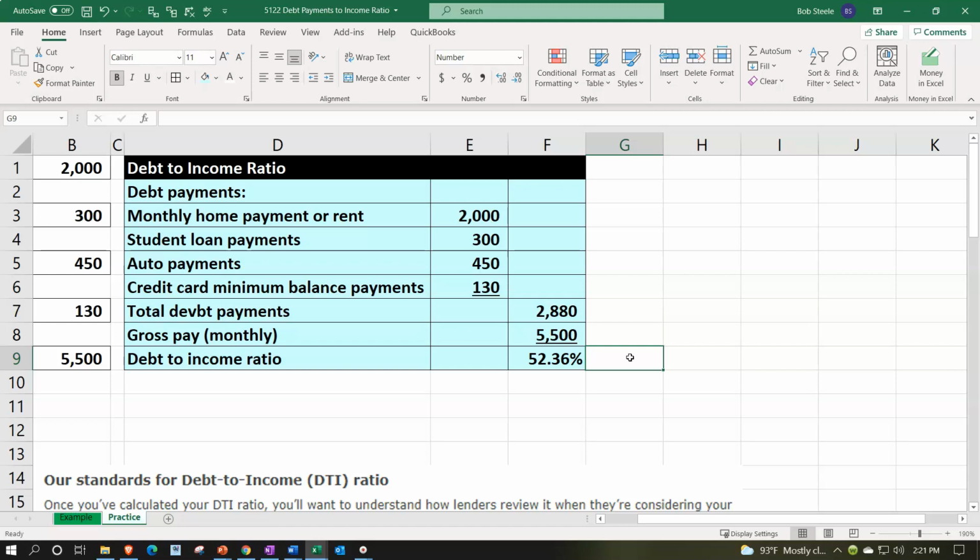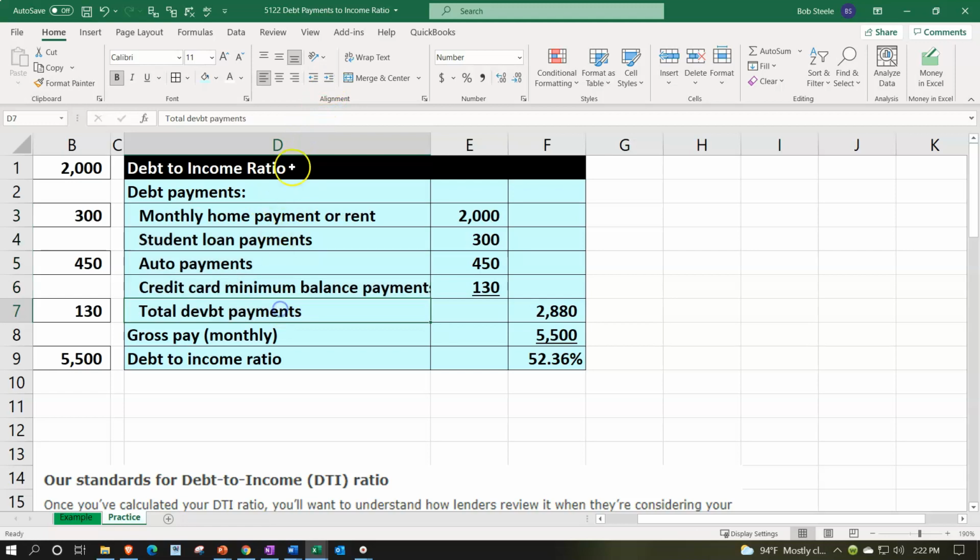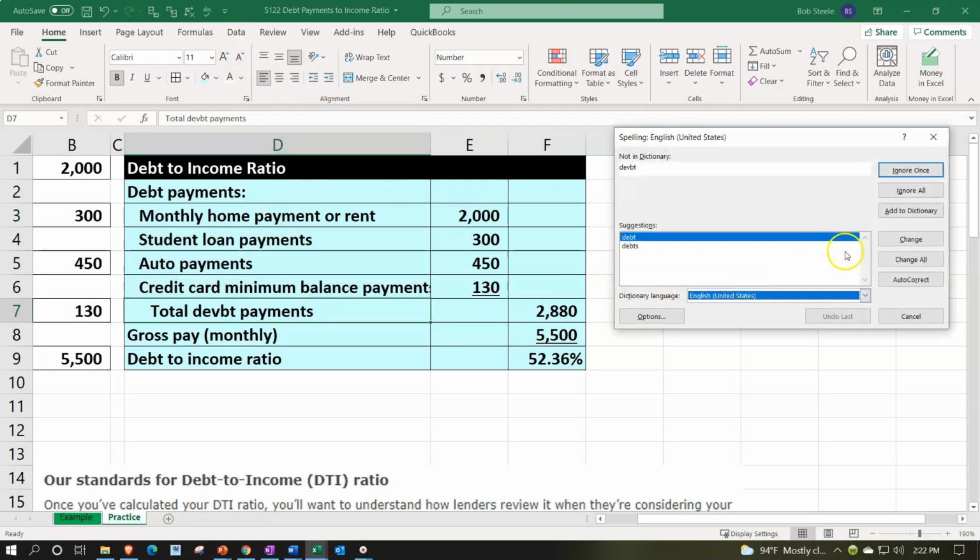So 52, if we think about that, that means that the payments we're classifying as debt payments, let's do some formatting. Select these and go alignment, indent, and then I'm going to alignment indent this one again. So let's just spell check it. Debt,